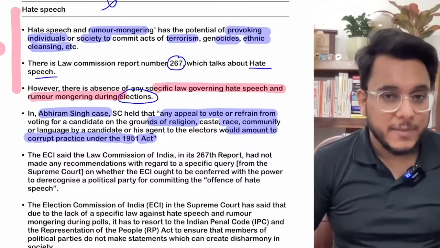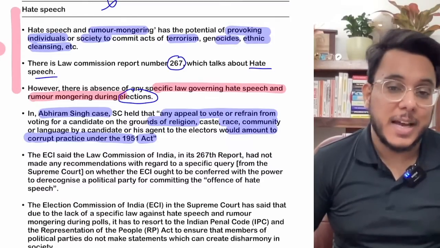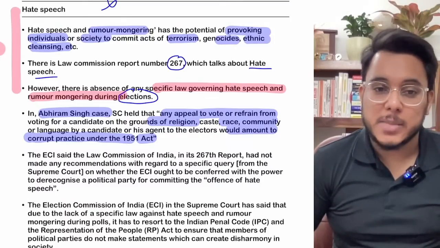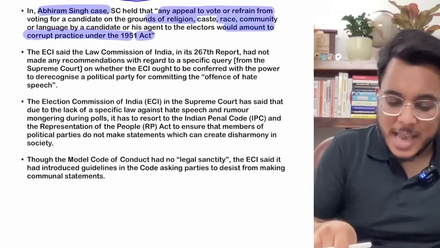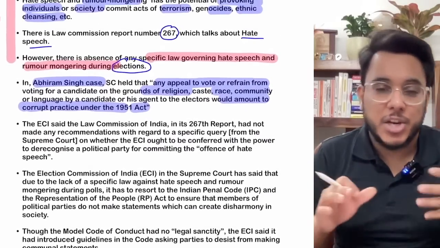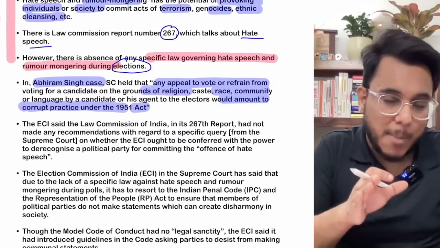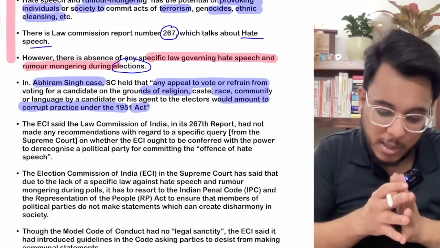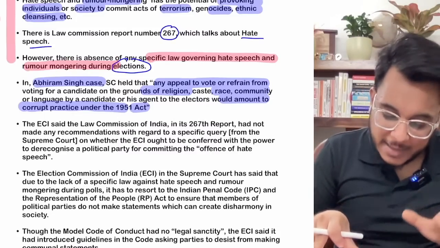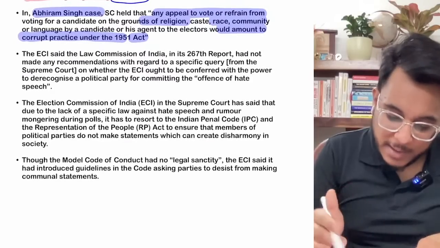But guys, still we see that hate speeches in the elections are very rampant. It is being used every now and then. Now as we talk about this particular hate speech issue, recently what has happened is that the Election Commission of India appeared in front of the Supreme Court on that particular matter, and the Election Commission of India has provided this particular thing,